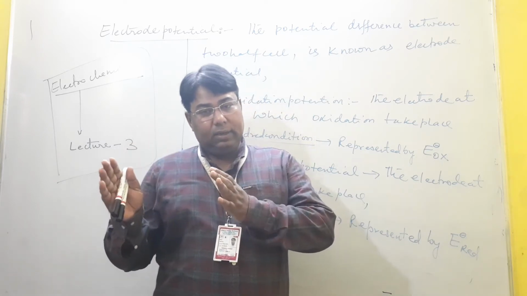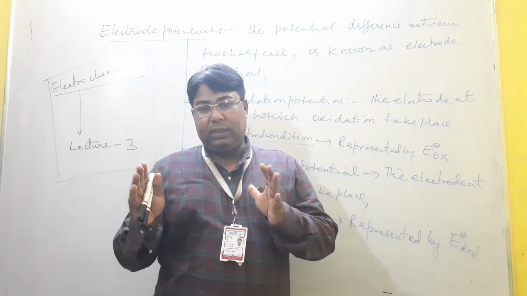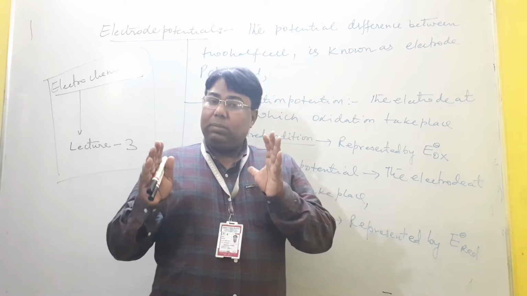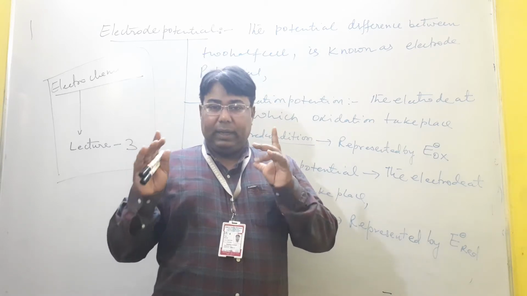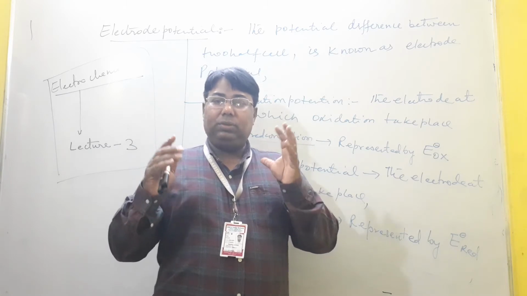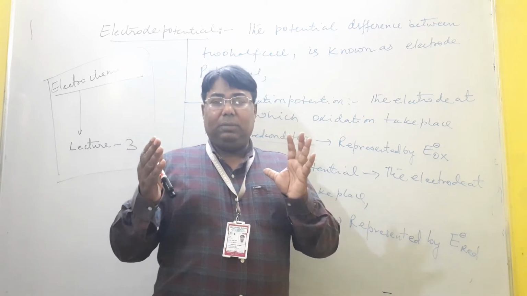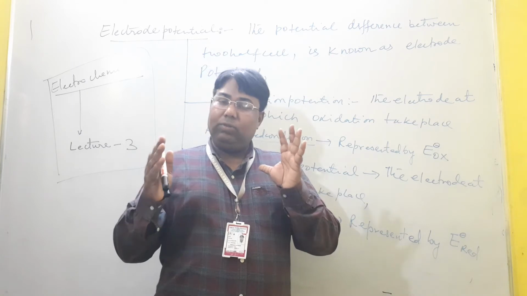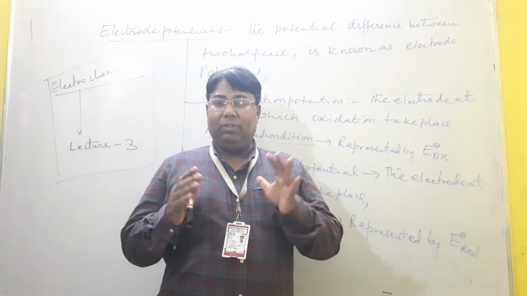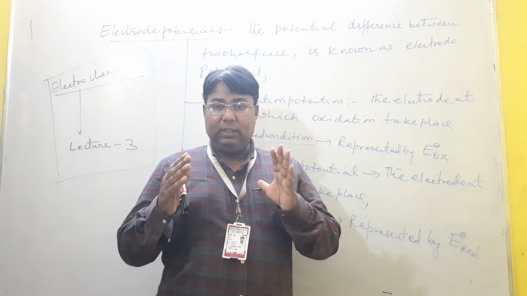And another container containing the copper rod and its electrolyte copper sulfate acts as the cathode because reduction takes place. These two rods are connected with a galvanometer to check whether electricity passes or not. So we can check the formation of electricity with the help of the galvanometer. And a salt bridge is fitted in between the two half cells.